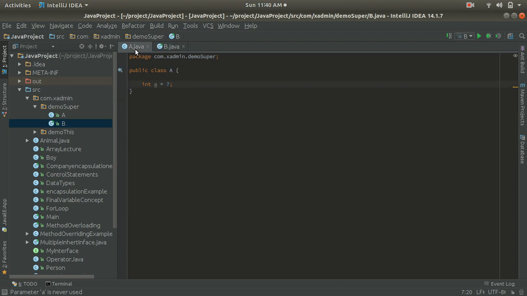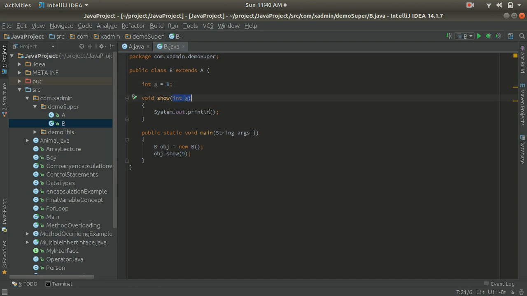Inside the class A we have an instance variable with the name a and which has a value 7, and inside the B class we have an instance variable with the name a with the value 8, and we have a local variable with the name a, and here I am going to display the value a.